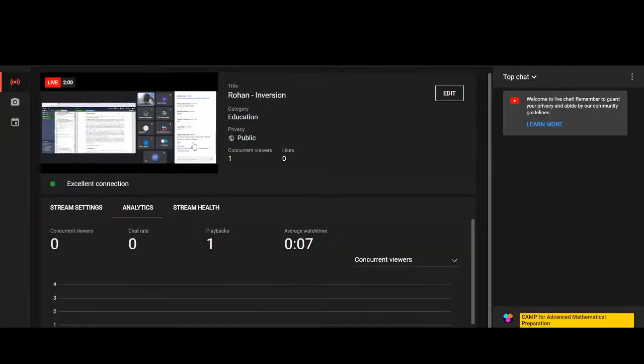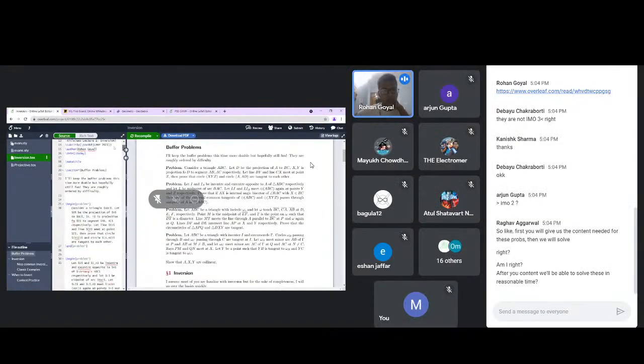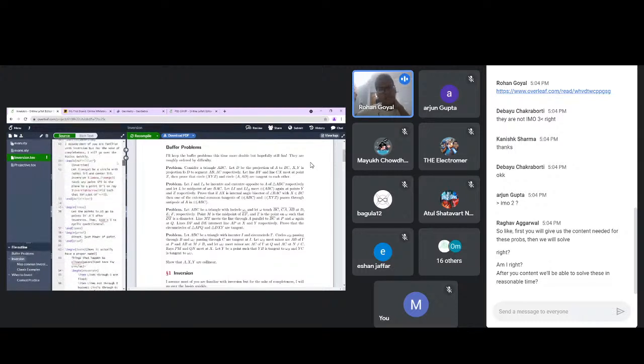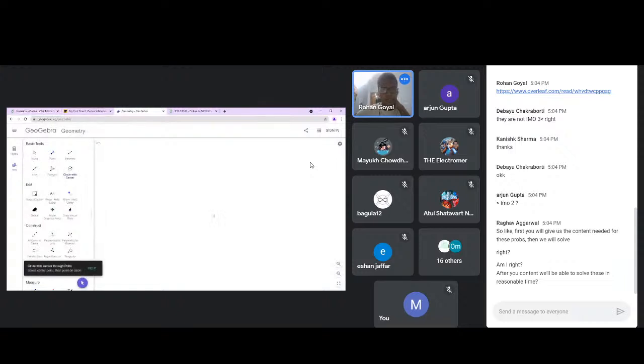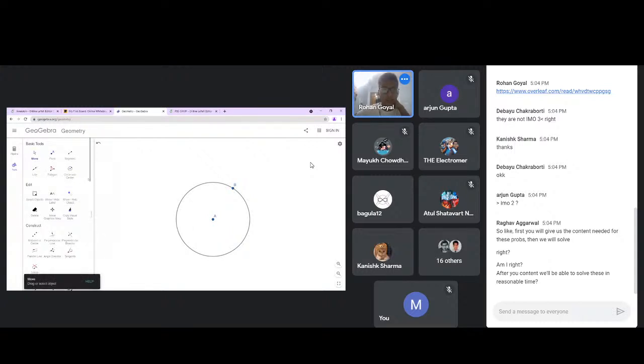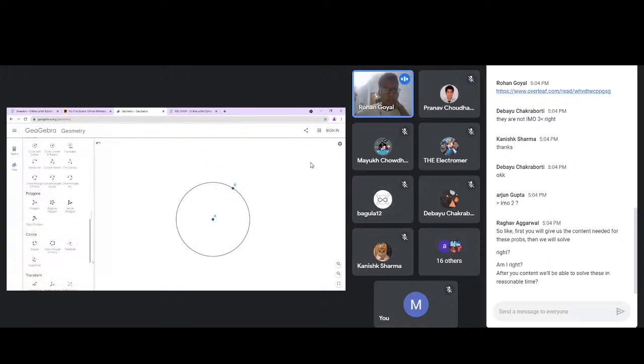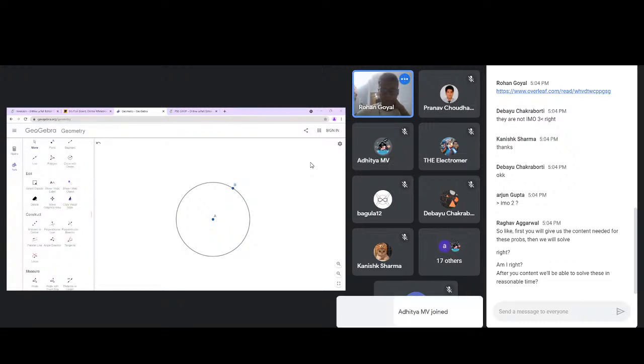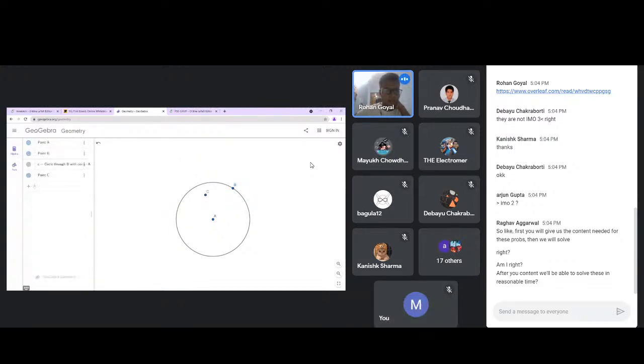Okay, so let us start now. Inversion is basically this simple idea that you have, is the GeoGebra visible? Yes. That you have some circle and there's some point in this circle. Let me hide B. And now the inverse of C in this circle is simply